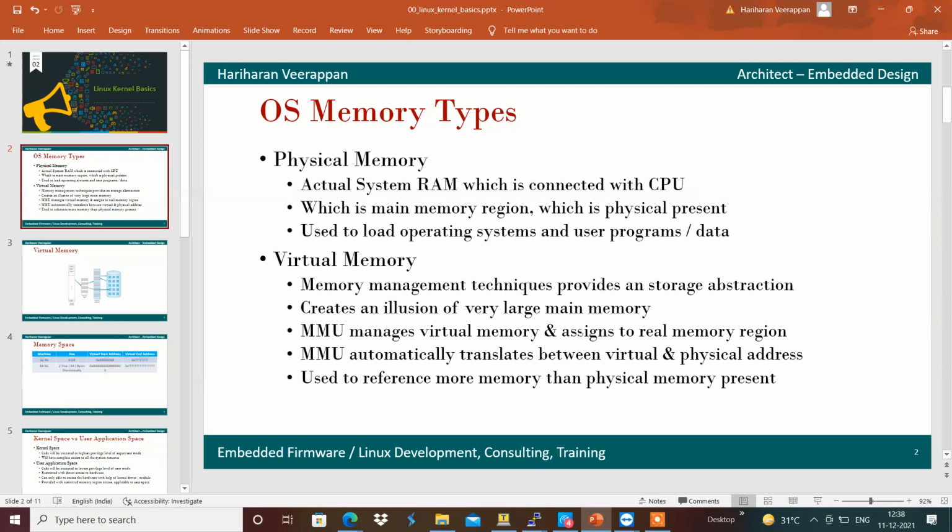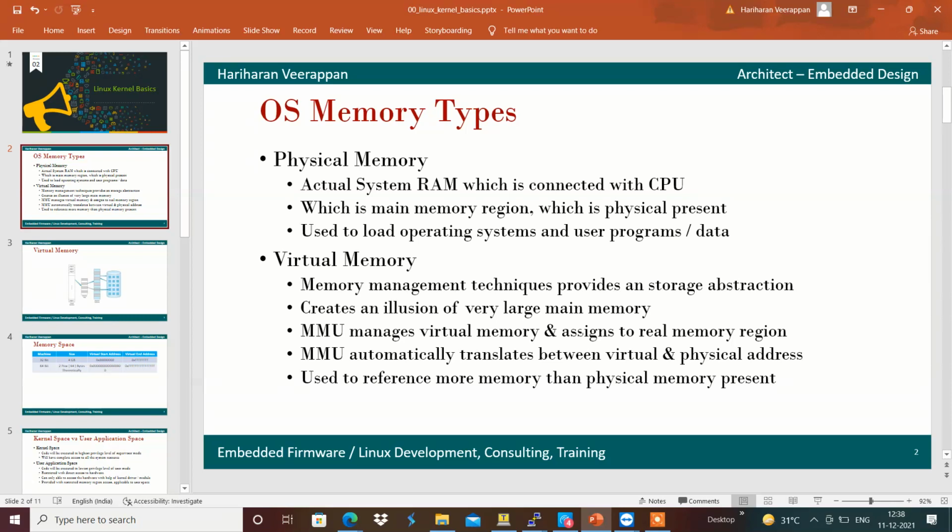And virtual memory is a memory management technique that provides an abstraction of storage, an illusion of a very large memory. For example, a 32-bit processor can have up to 4 gigabytes of virtual memory space.